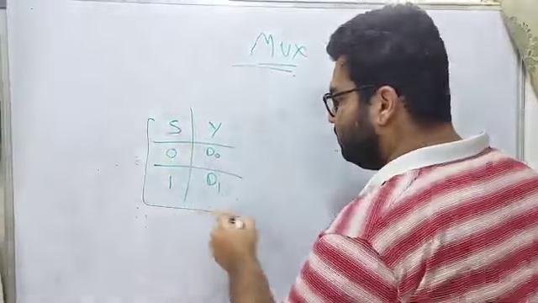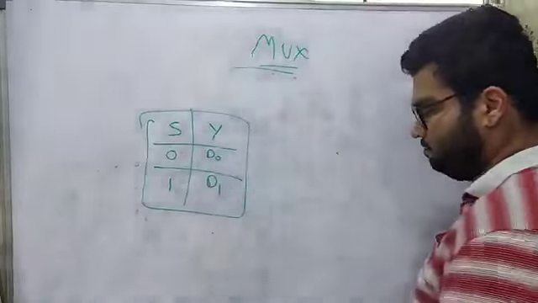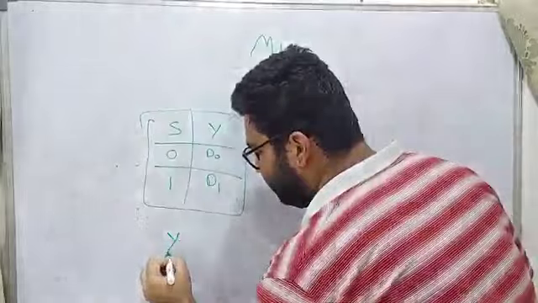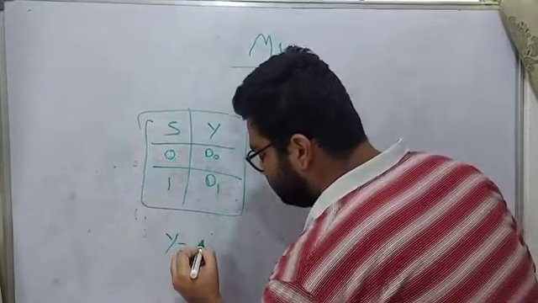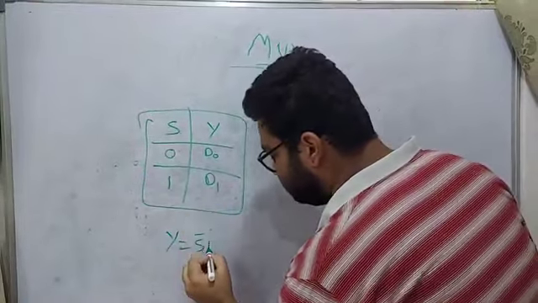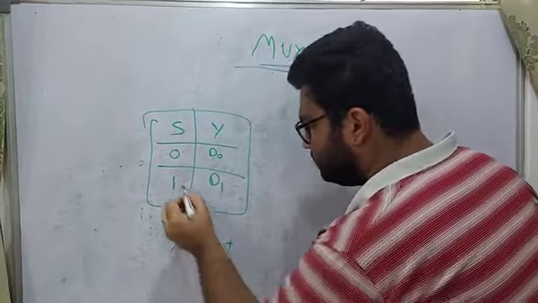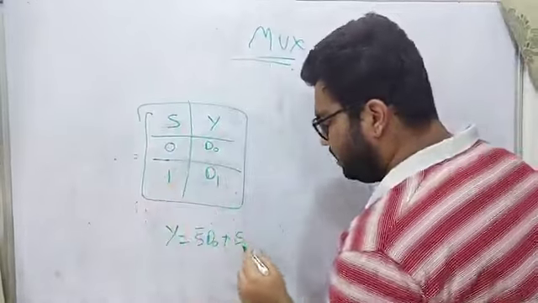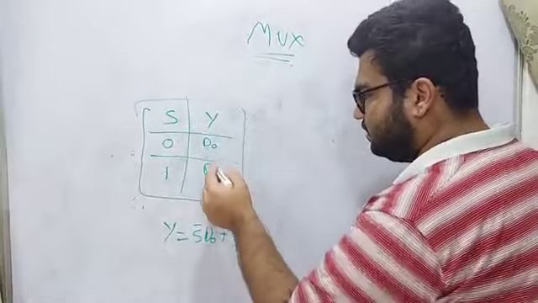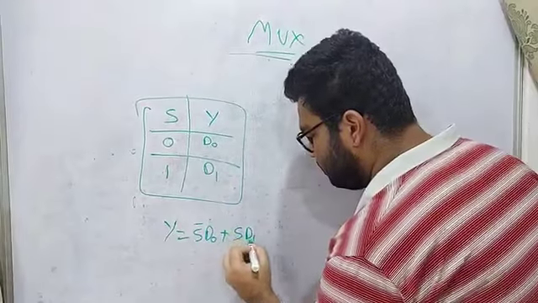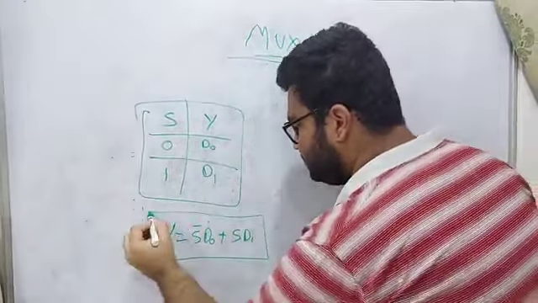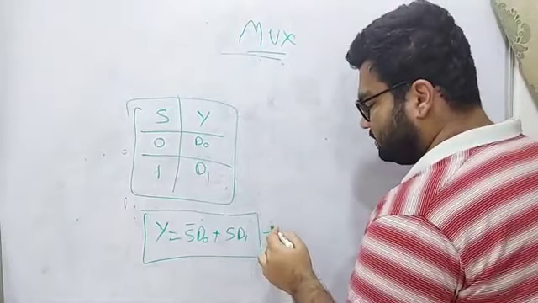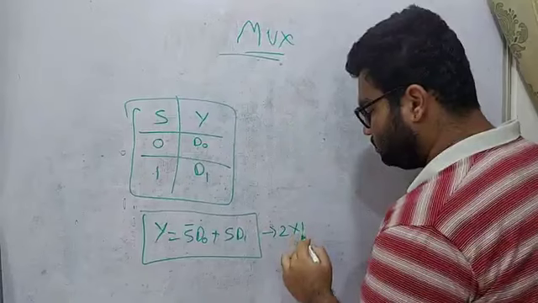From this table, we can derive the Boolean expression for the multiplexer. That is, Y is equal to S bar D0 plus S D1. Because the select value is 1, not 0, we directly write it as S, and here is D1. So this is the Boolean expression for the 2 cross 1